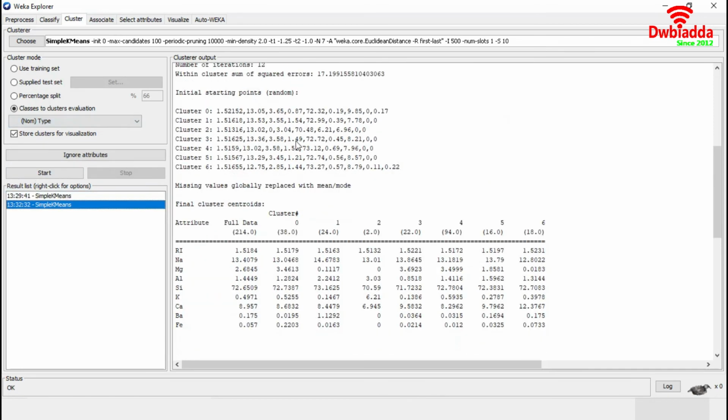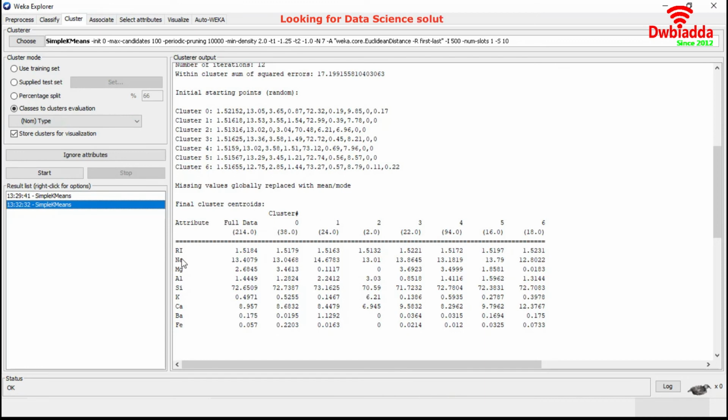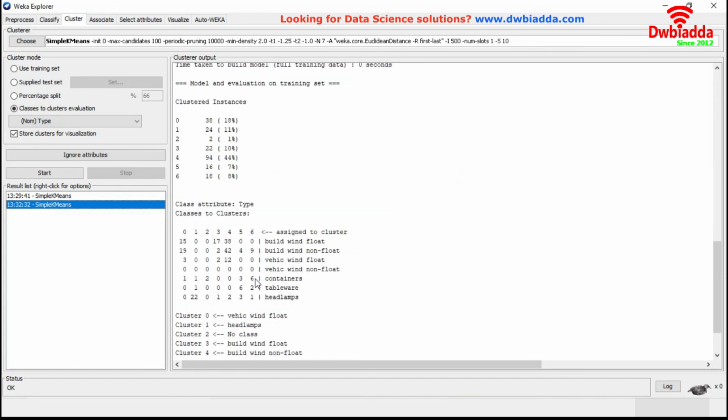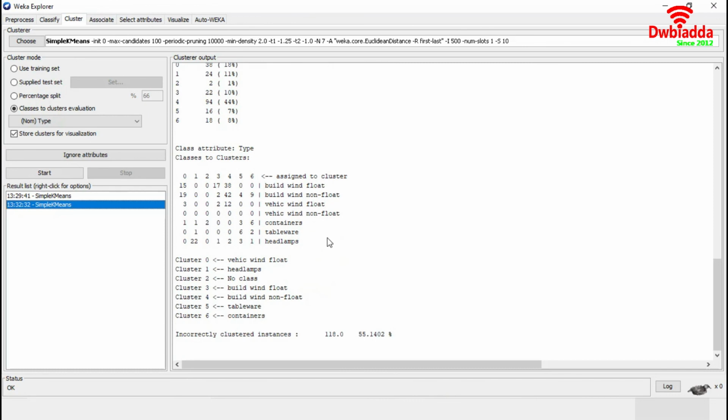The first two sections are the same as the previous. Based on a specific combination, it generated the clusters, and this section is for the cluster centroids. Now, cluster instances. So it has generated the 7 clusters and grouped the instances based on that. And each cluster is created based on a specific class of the target attribute.